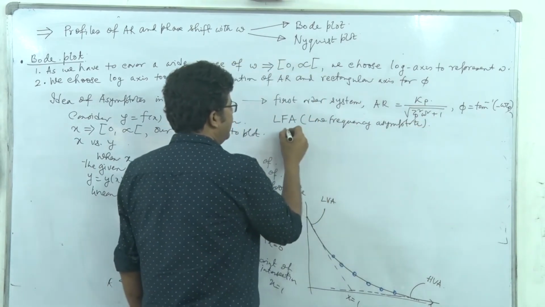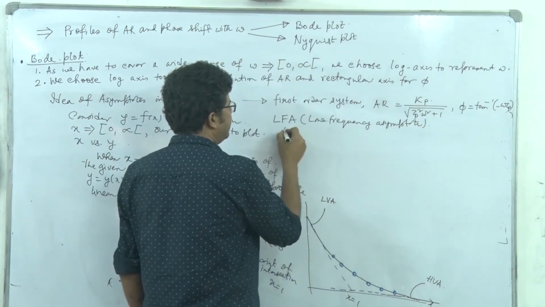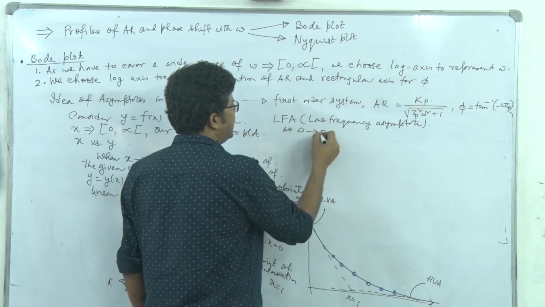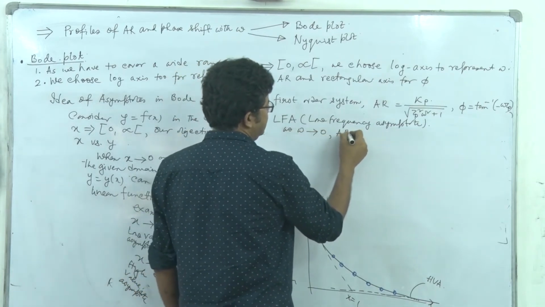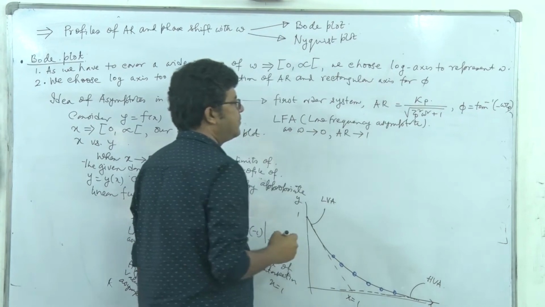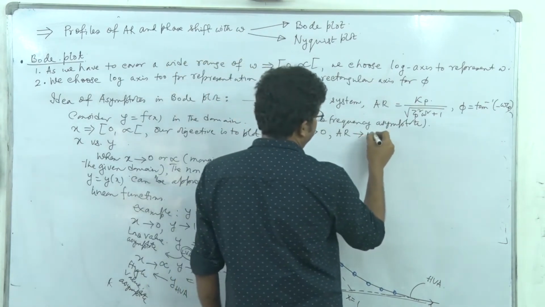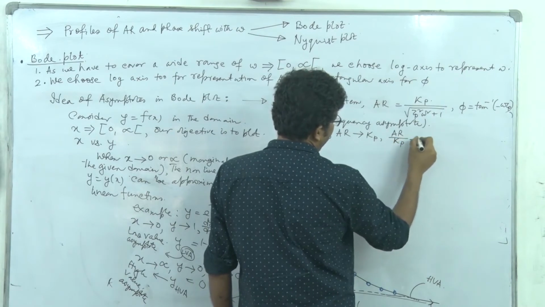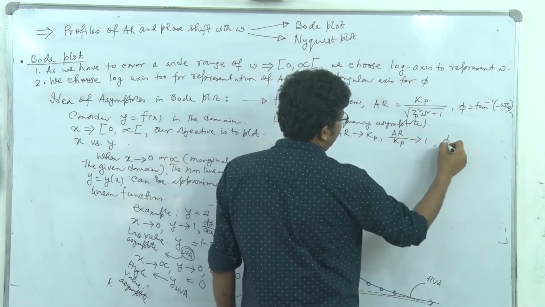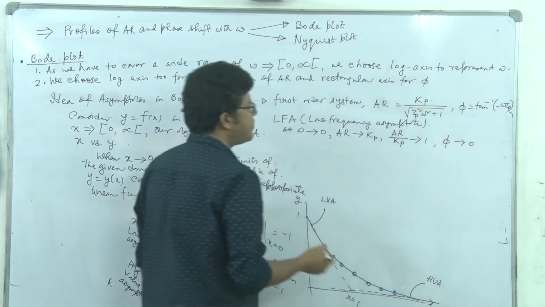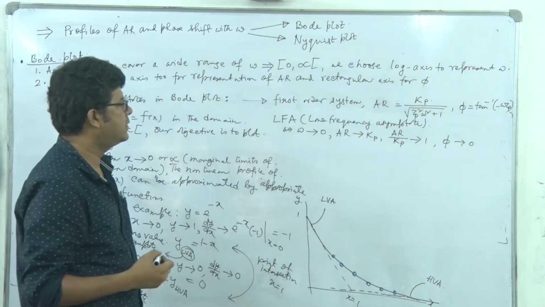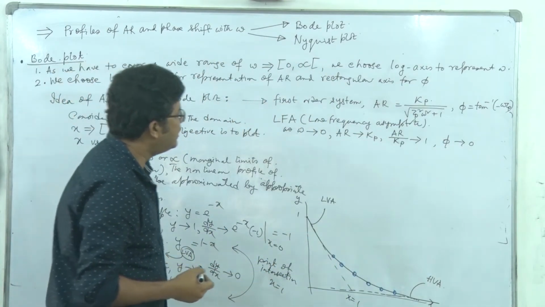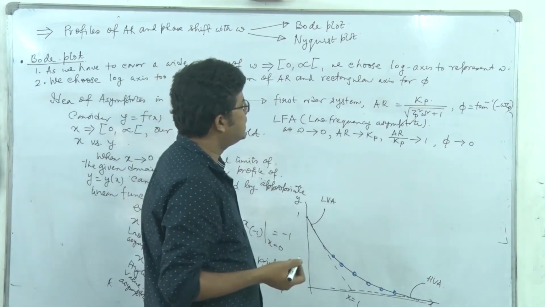So what do you observe? That as omega tends to 0, AR tends to 1, or rather sorry, AR tends to Kp, or AR by Kp tends to 1, and phi tends to 0. Right? Now, if I find out that